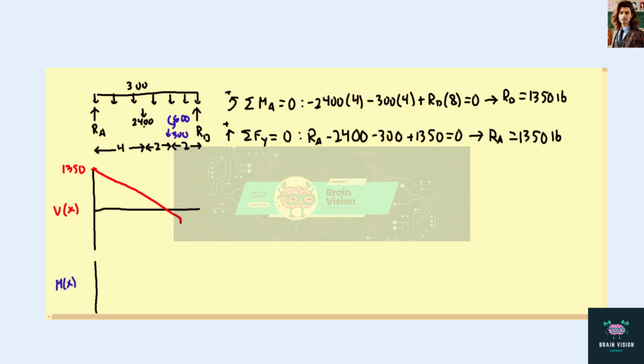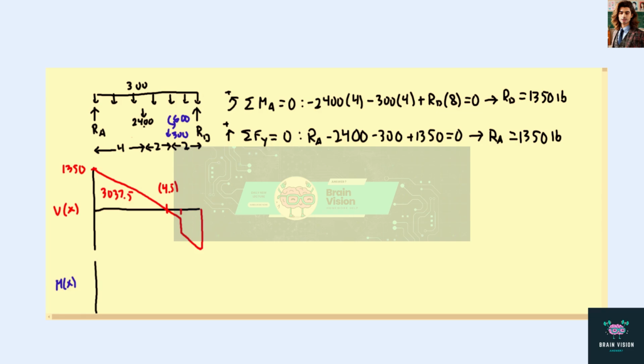We'll have this applied load and more uniform load until we reach our reaction at D. Okay, and so we're going to cross the axis here at 4.5. And so the areas for our shear diagram will have 3,037.5,